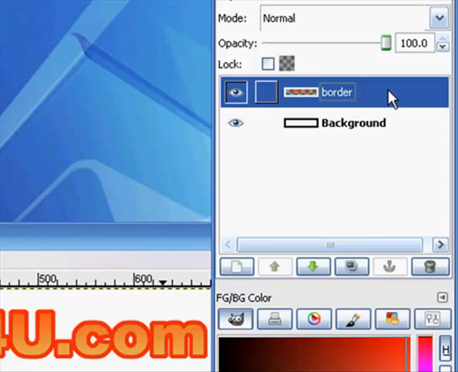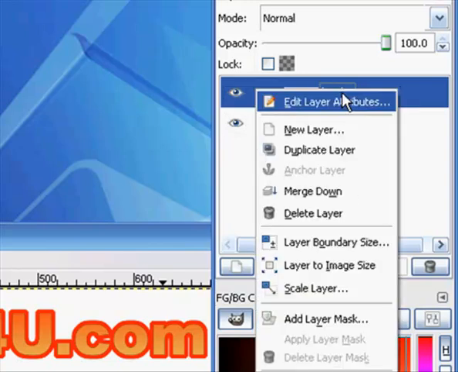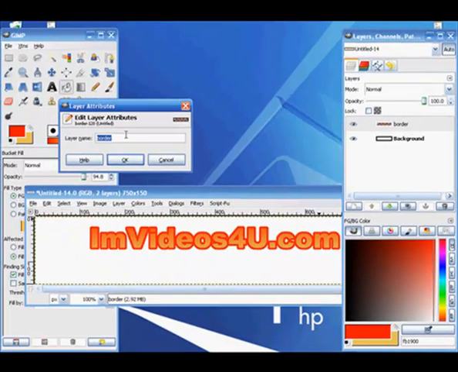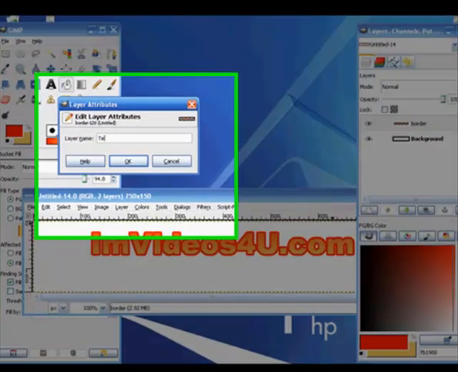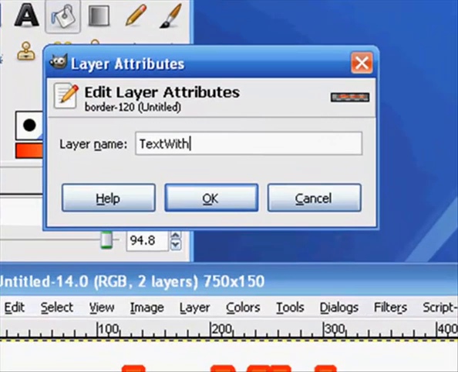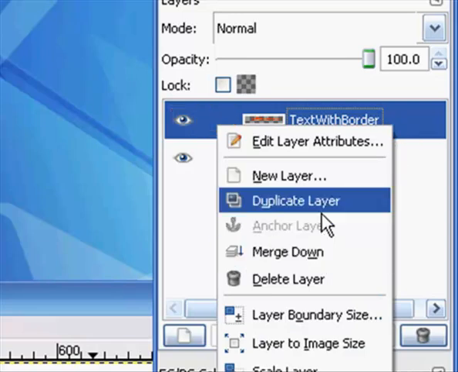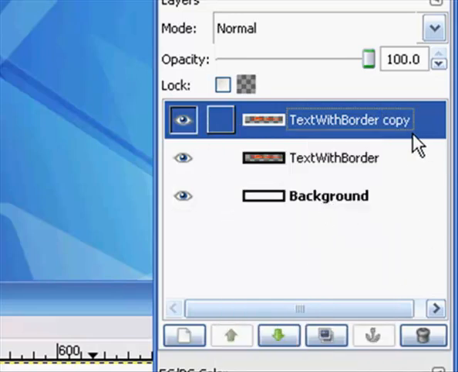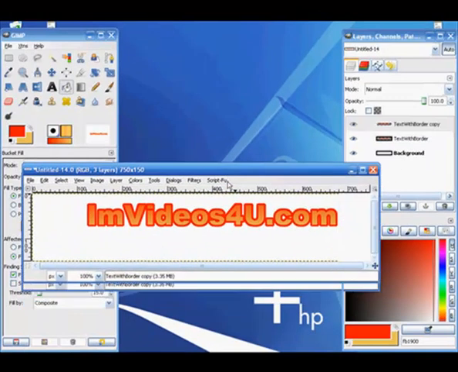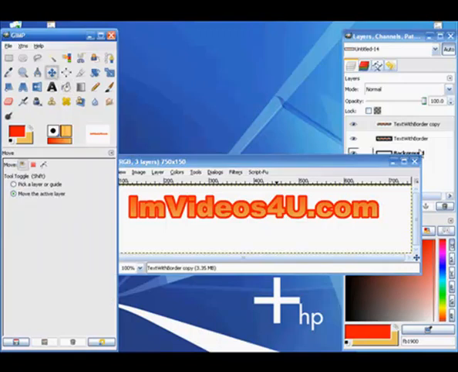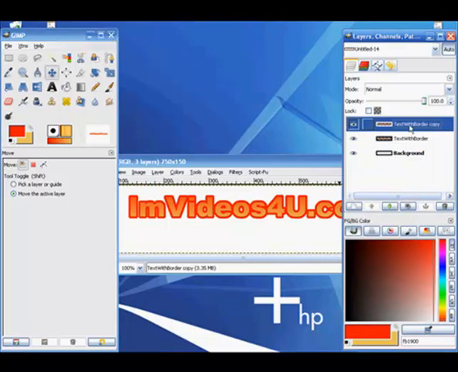Now then, if you want to, you can change this in case you're keeping tabs on all your layers here. Right click, edit layer attributes, and then name it something like text with border, or whatever floats your boat. Then we need to right click and duplicate layer. You can tell because we've got the word copy out here to the side. So now let's get up here and click on our move tool. Make sure that this one here is ticked, move the active layer,